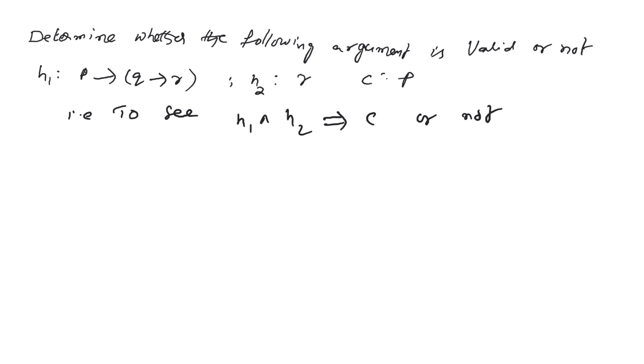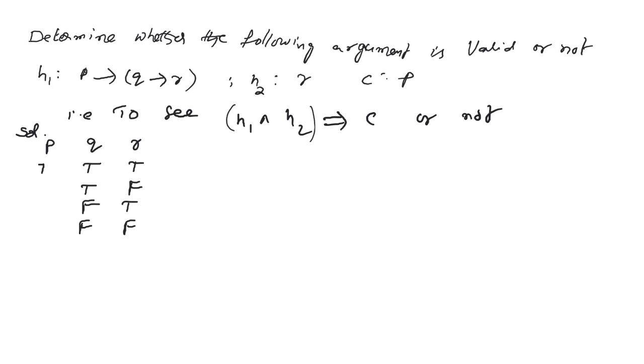To test this, because this is an argument, this is a sequence of premises. At the end there is a conclusion. This is known as an argument because it involves three fundamental variables p, q, r. First of all, I need to go for the fundamental truth table for p, q, r. So when q is true, r may be true or false.